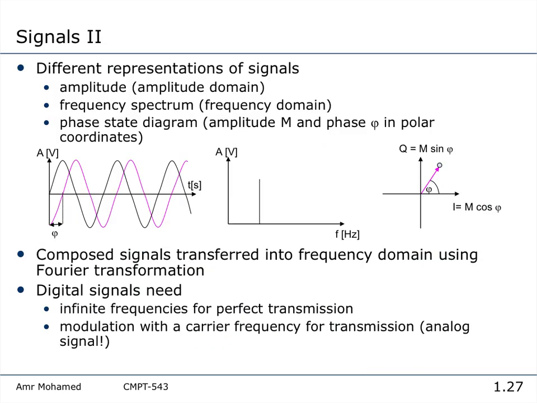So this is what we said. A sine wave with an amplitude and phase. Of course we have the time domain representation. In the frequency domain, it's very simple. A sine wave has one single frequency, so we can represent it using one impulse, right? But we have another phase representation. This is new to them. We call it the IQ diagram.